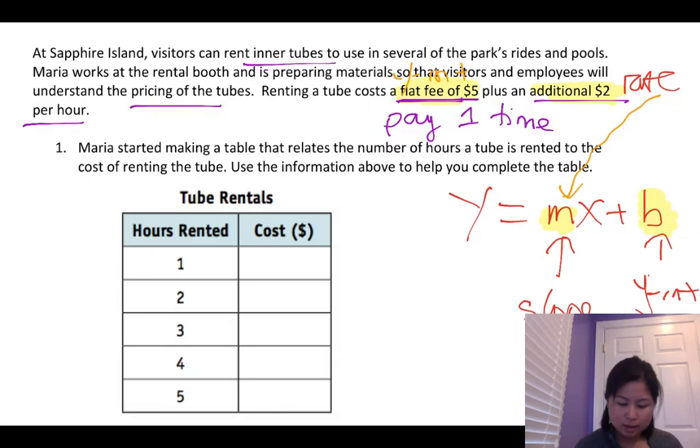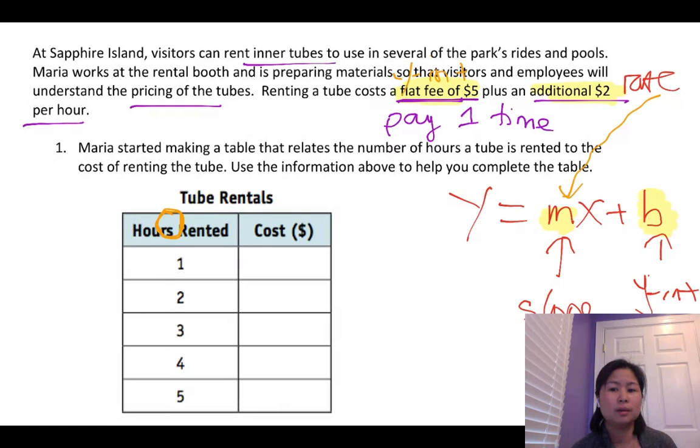So let's say I'm gonna put in here the information that's not there, but let's say if I rent it for 0 hours, how much do I have to pay right away? That's a question that you're gonna ask yourself. So I would like to take a minute, couple of seconds even, for you to type in and tell me